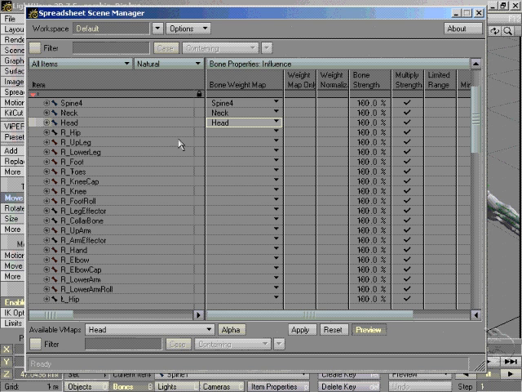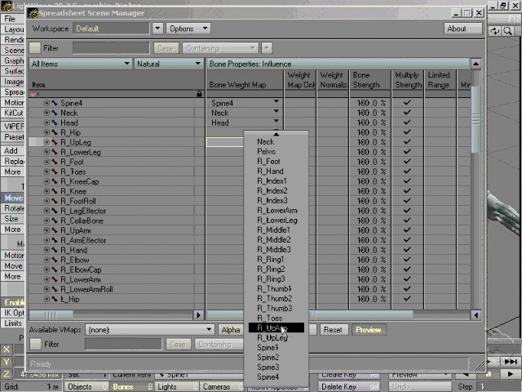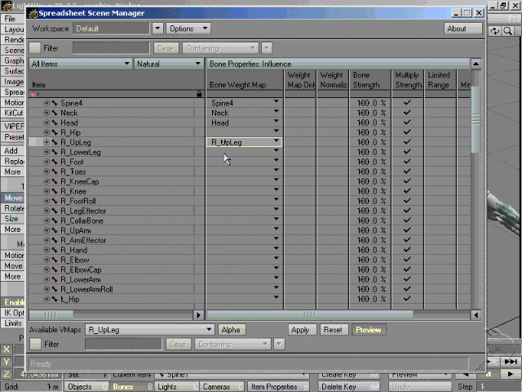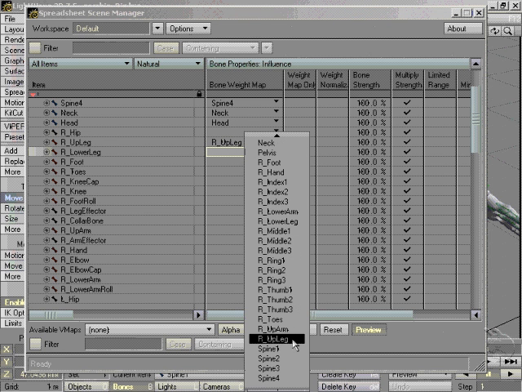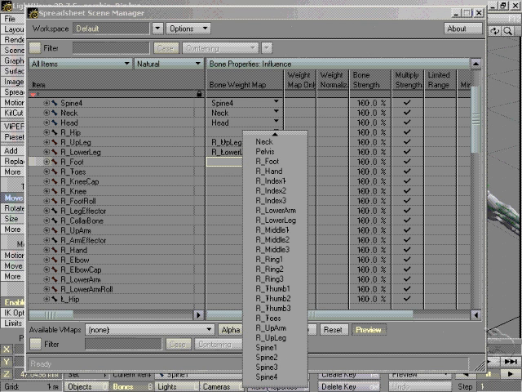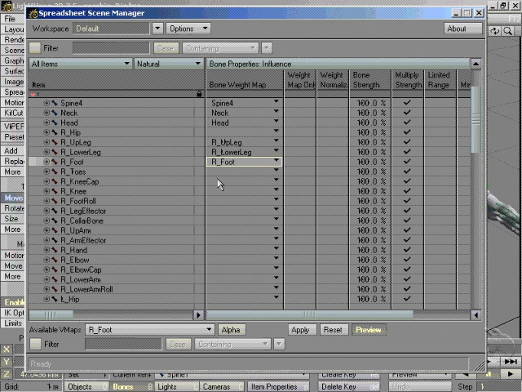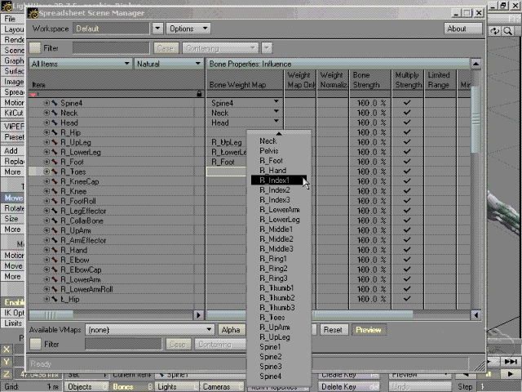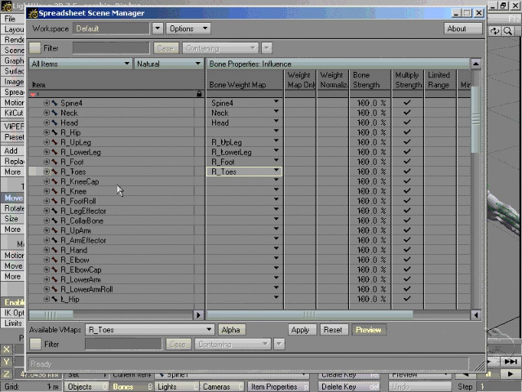So we're going to skip the right hip, and we're going to go to the right up leg, and assign right up leg, right lower leg. We'll get the right lower leg, right foot, and then right toes, which would be down here. We're going to skip right kneecap, right knee, right foot roll, right leg effector, right collarbone, and then we're going